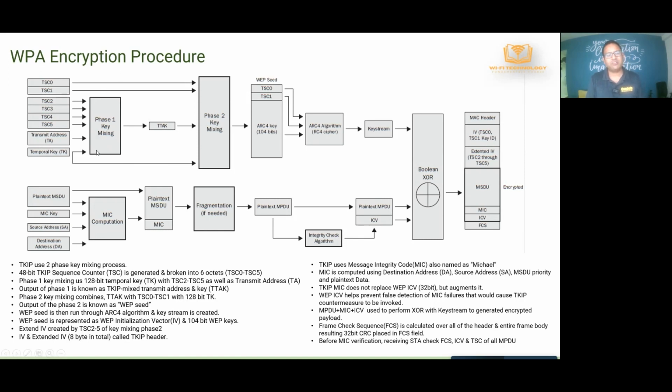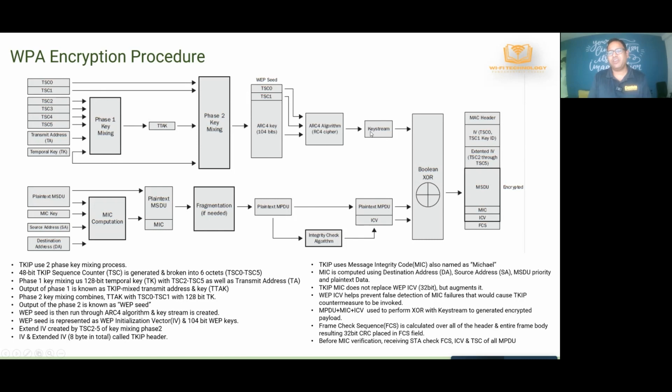And then from the phase 1 key, again you take the keys that are generated here, and then from there you use another level of phase 2 mixing, and then you generate the phase 2, do the phase 2 mixing, and then from that you basically generate the seed key, which is again based on the original base key plus all the derived keys that are created. And that seed is now fed into the RC4 algorithm, which actually then creates your key